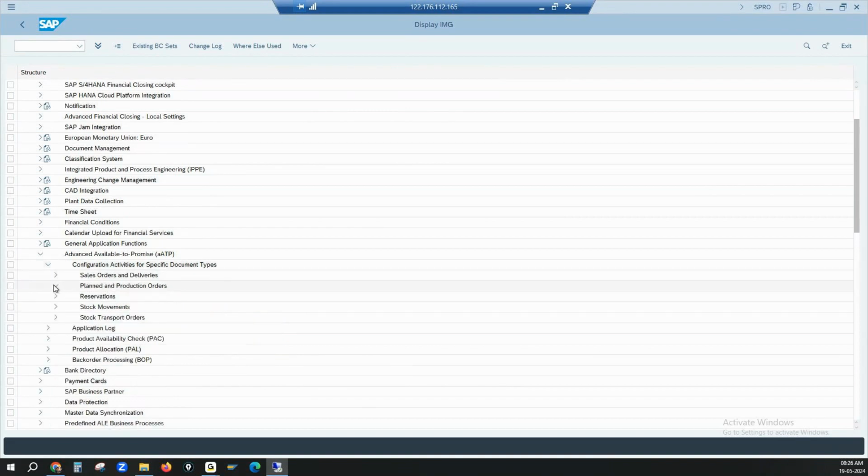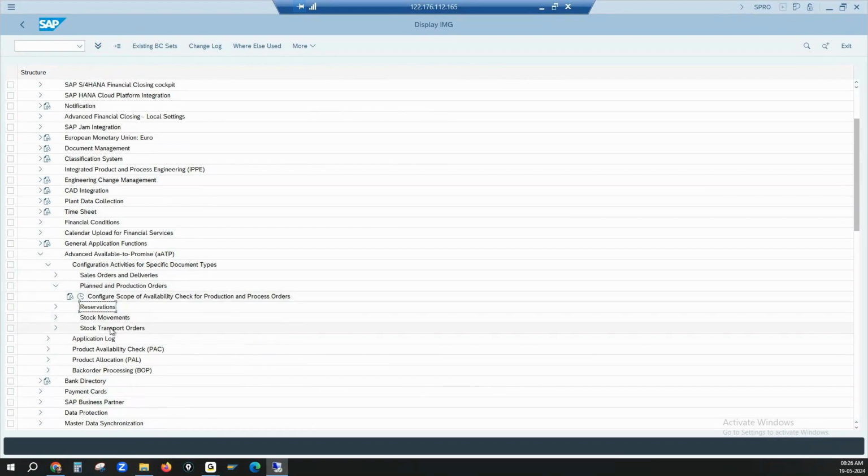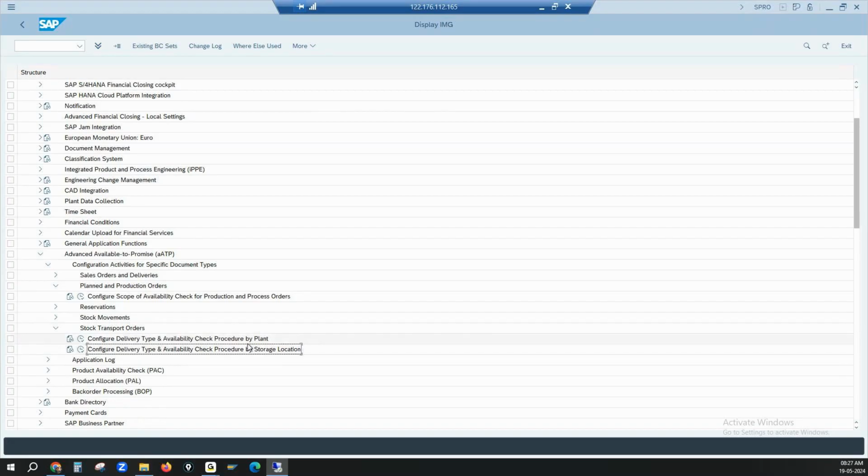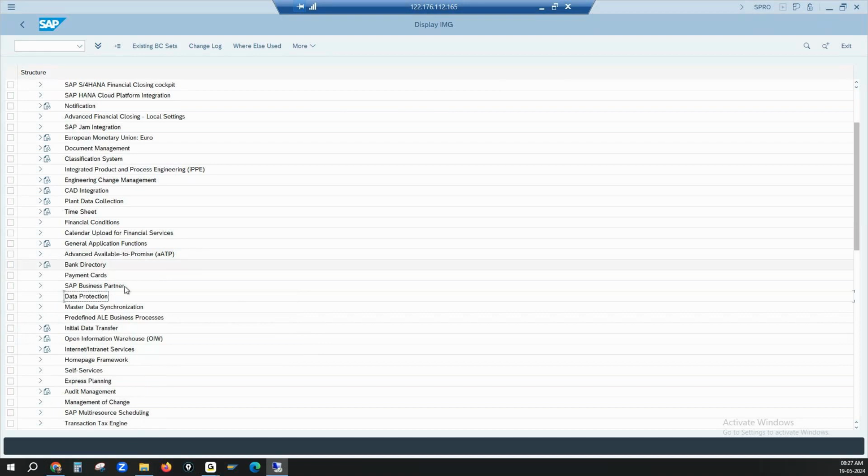Then we have the configuration for STO, every setting, whether you want to perform availability check. In the ECC, we have only the option at the plant level. Today, we have the option at the storage location as well. So these are the standard configuration for availability check, which is standard even in the ECC. Only thing is today we have a different node and steps, one or two are here and there, but rest everything is same. But what is more important here in the ATP is